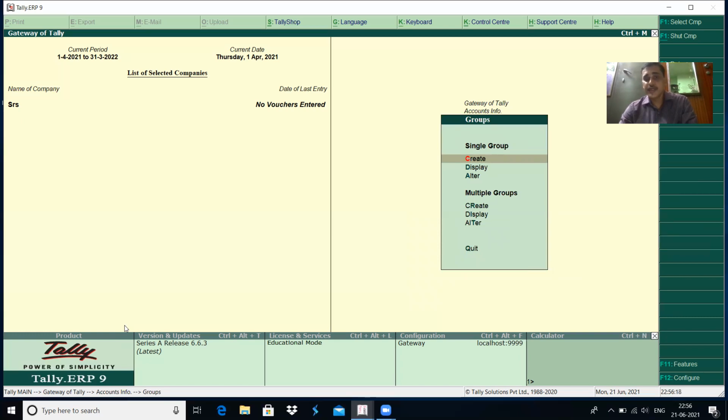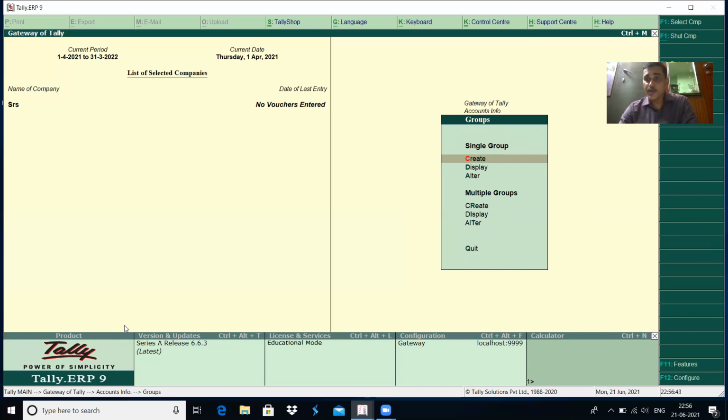In each of Single Group and Multiple Group, there are three commands: Create, Display, and Alter. As the name indicates, for creation of a new group, go for the Create option. If you want to display already created groups, go for the Display option. In Display, it is not possible to make modifications. If you want to modify, go for the Alter option.